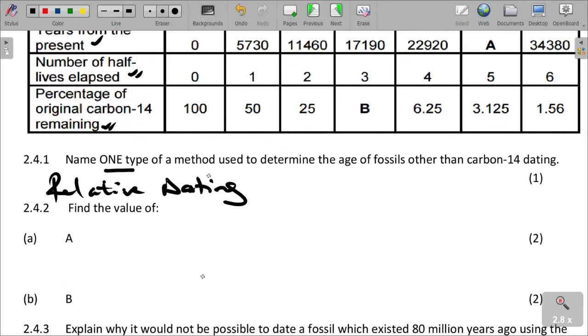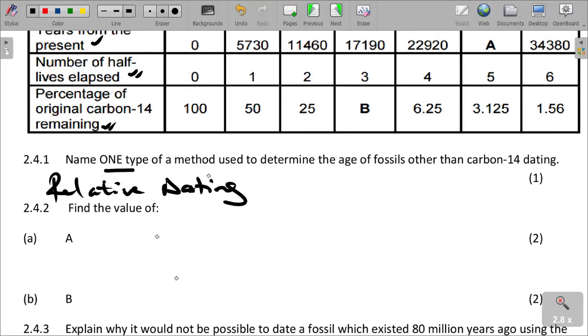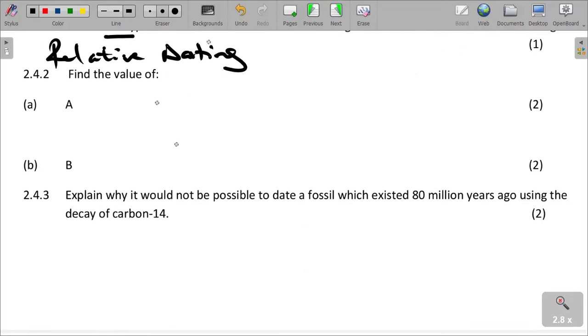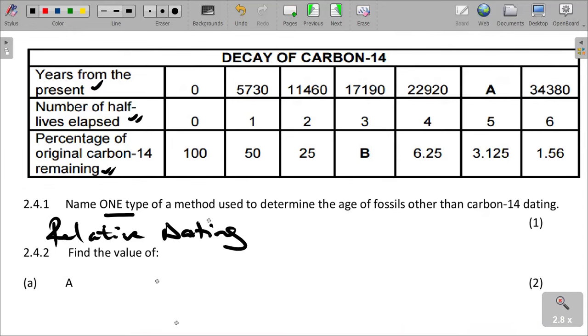The next question is saying, identify the values of A and B. So if you look at this, A,